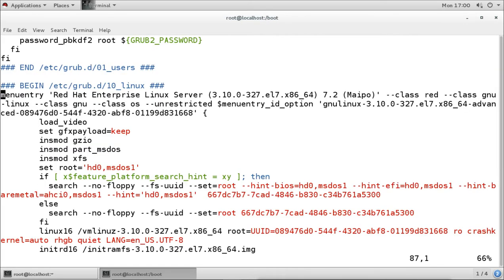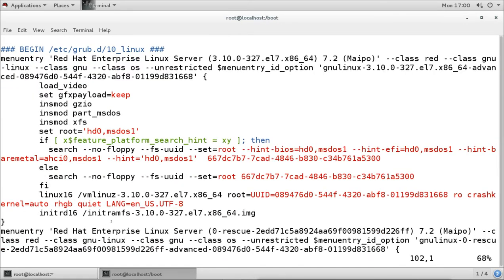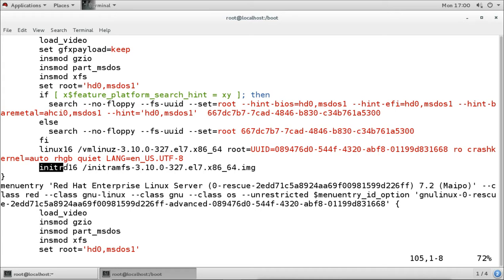Then it loads, along with the kernel file, this initial RAM disk also. Initramfs is the temporary file system in our RAM. It loads this temporary file system under the RAM, and it is actually a temporary file system with directories like /etc, /run, /dev, to have some of the drivers or the file system we want to run.